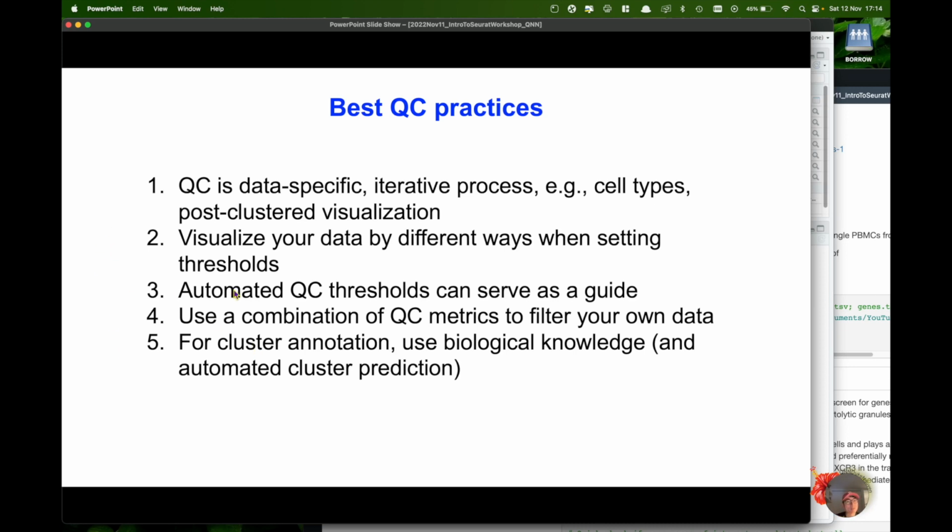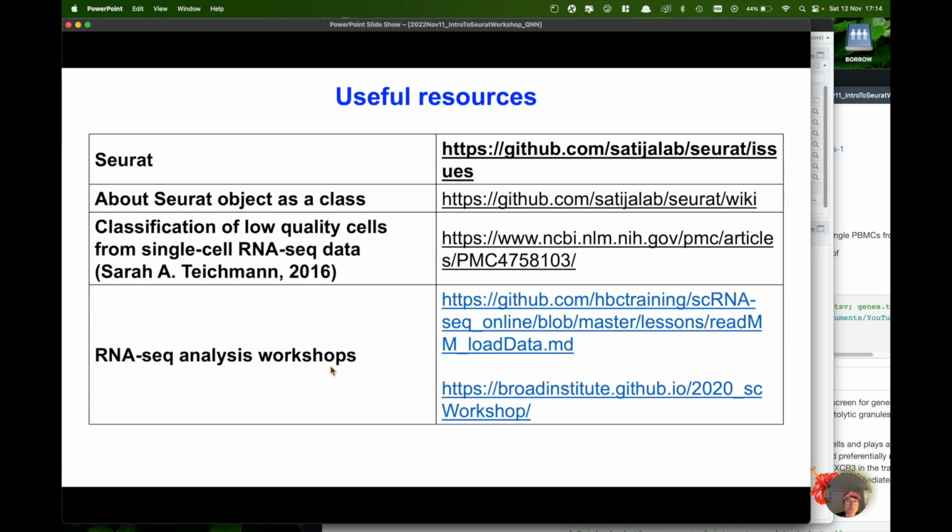Automated tools can be useful, but they should only serve as secondary, as a guide to cross-check your manual curation of your QC threshold. As mentioned, you need to use a combination of QC metrics to filter your own data. And for cluster annotation, you should use biological knowledge. And also there are automated cluster prediction tools out there that we won't be able to go through in this workshop. But okay, and I also put some useful resources about the Seurat package, the Seurat object as a class,